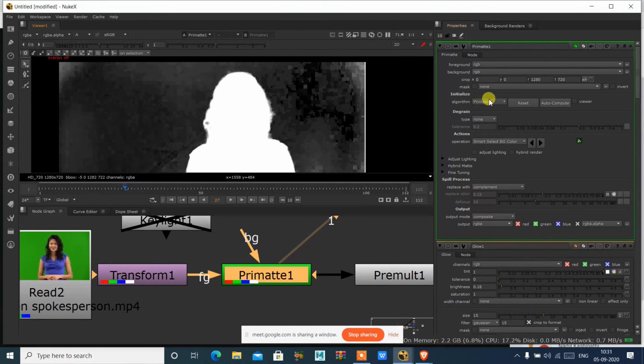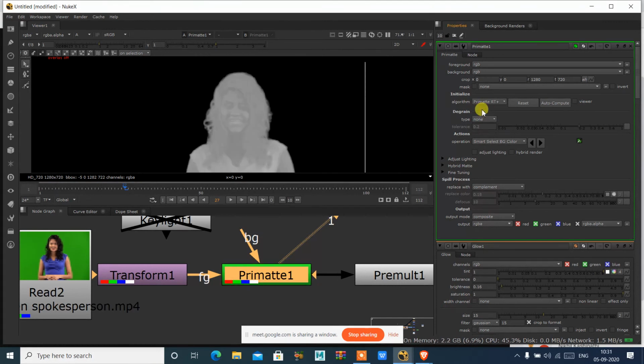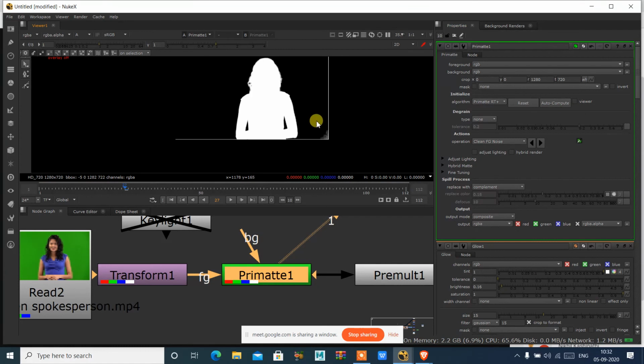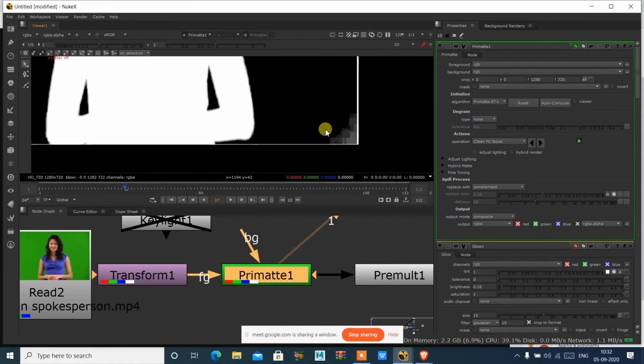There is one thing over here, you have something called algorithm. If you want to directly do that, you can click on this primatte RT. Once I click on this, you can click on auto compute. As soon as I click on auto compute, it is going to clean all the things. If you still see some kind of noise over here, that has to be adjusted now.